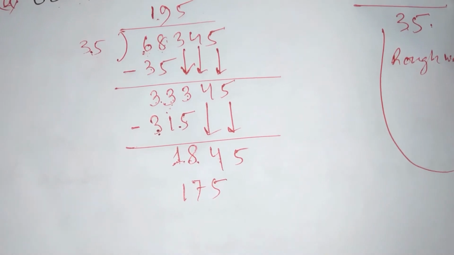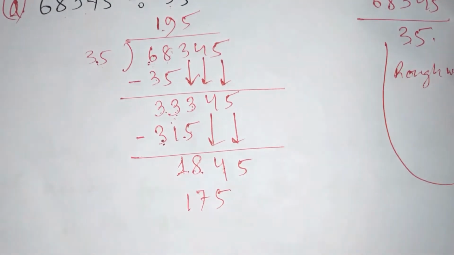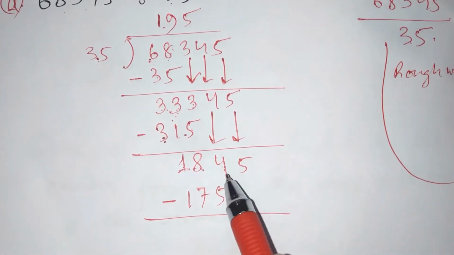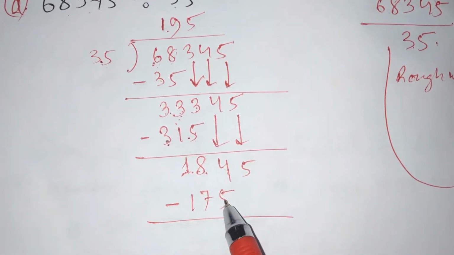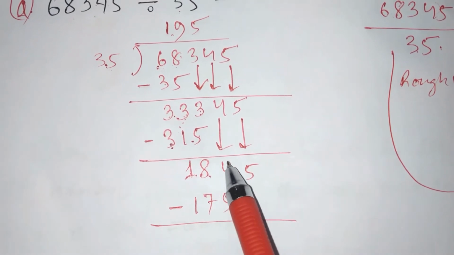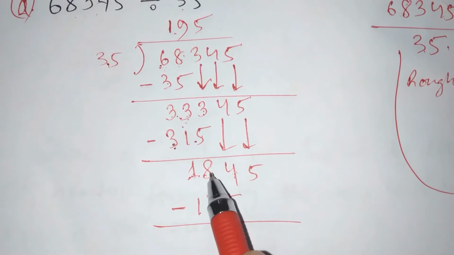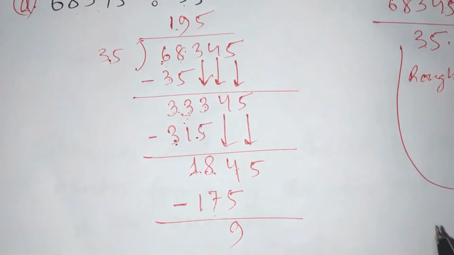Okay, on the side of the division, you need to subtract. You cannot subtract 5 from 4, so you will borrow 1. It will be 14. So 14 minus 5 is 9. Okay, so this will be 7. 7 minus 7 is 0. 1 minus 1 is 0. So you need not write it.